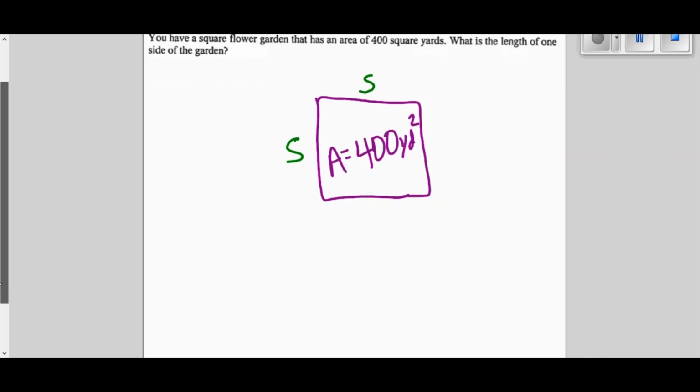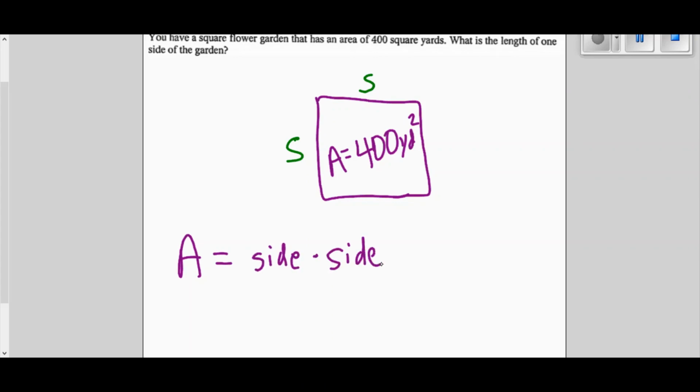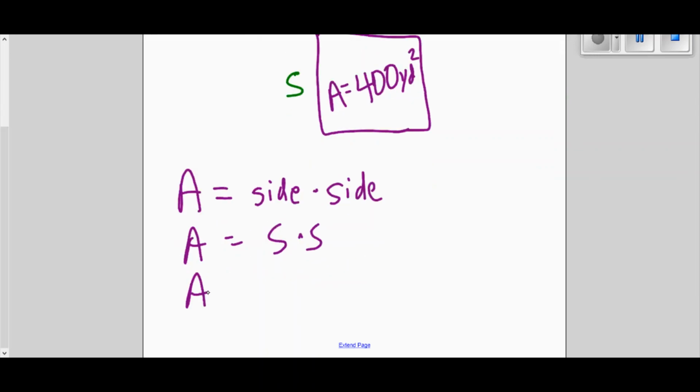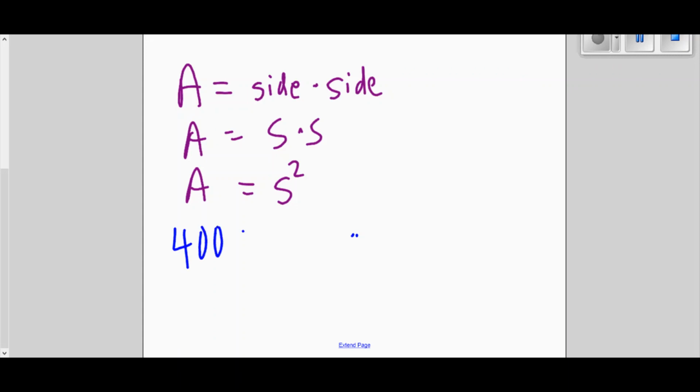So if I want to do the area formula for a square, remember it's going to be area equals side times side, or S times S. So the area here is S times S, which is S squared, because I called my side lengths S, because I don't know what they are. Now I know the area is 400. So I'm going to plug in 400 for A equals S squared. To get rid of the power of 2, because I don't want S squared, I want S,